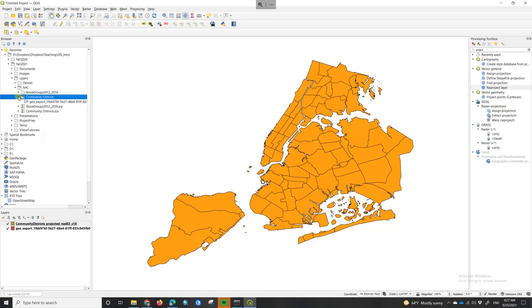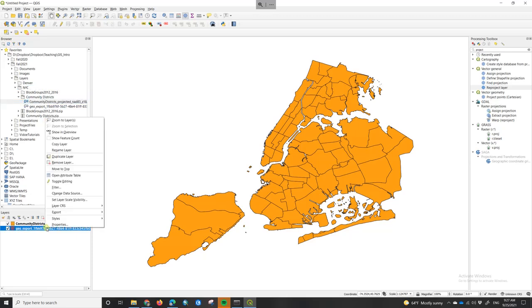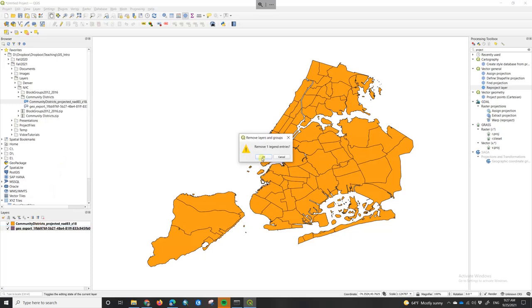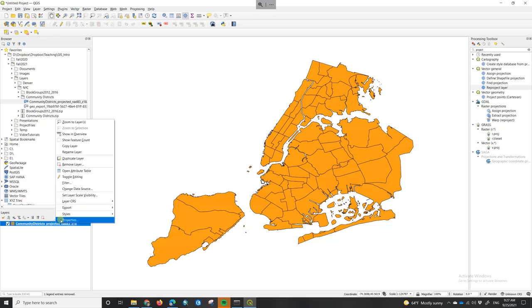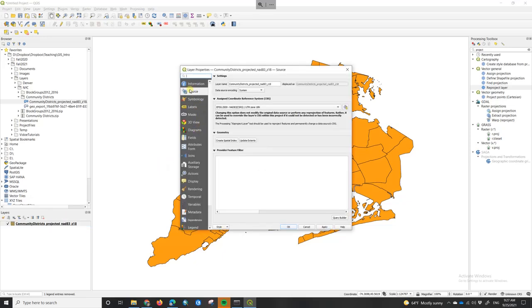If we refresh this one up here, you could see that. Let me see if there's refresh here. There is refresh there. Okay, now my layer shows up here. I can turn this layer off or remove it. Now my layer has a CRS. Okay, so your layer has a good CRS, and that's 18N, and you can see that here in the source